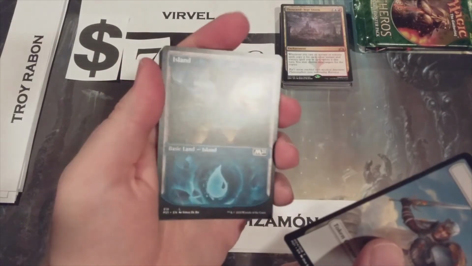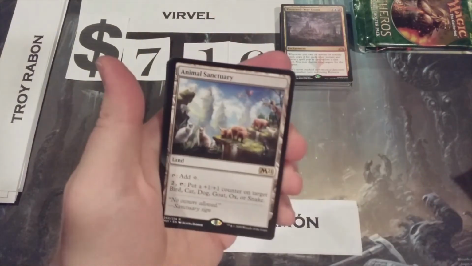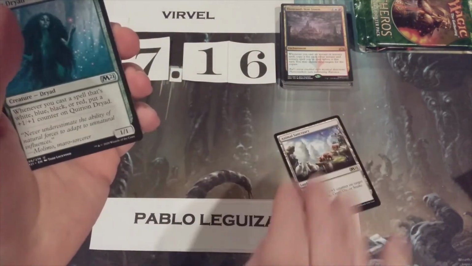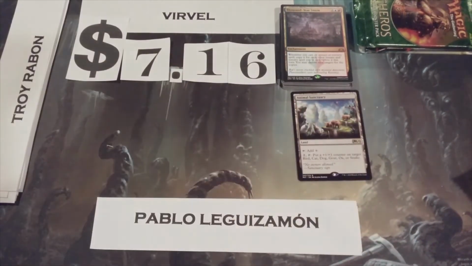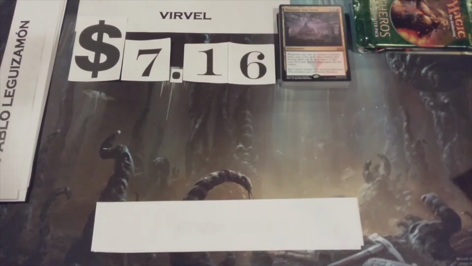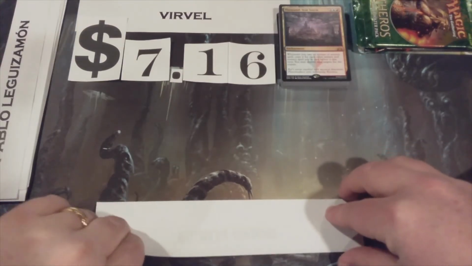Ooh, look at that island. Very nice. And we have a copy of Animal Sanctuary. 1 copy of Animal Sanctuary. And the Sanctuary is coming in at 44 cents. Okay, we're down to 3. Participant number 28 is